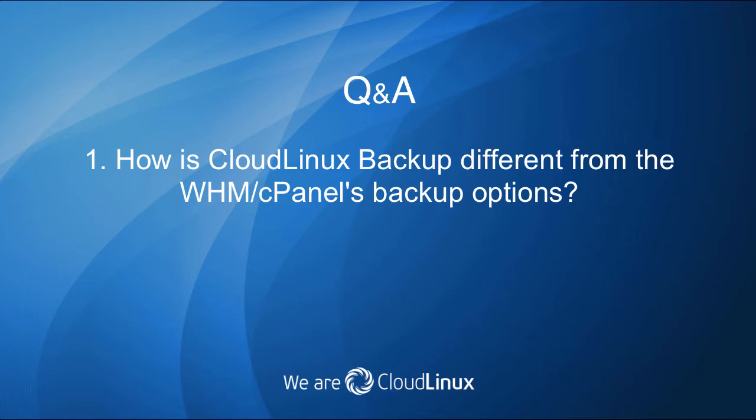So if the file changed and it's an incremental backup, typically you will have a new file. With a block level backup, you will only have part of the file changed. So this is one of the critical differences. Of course, it also has